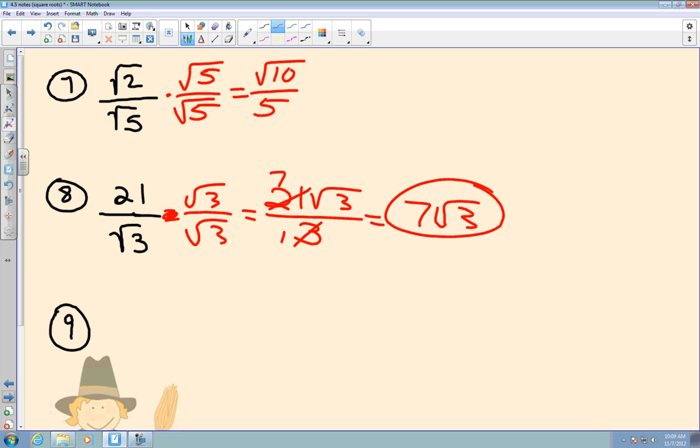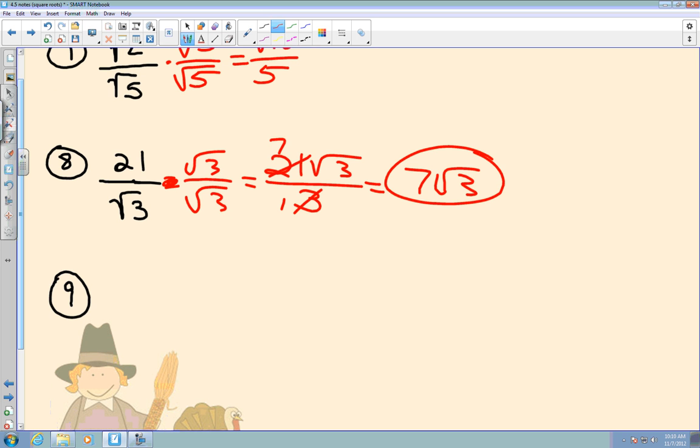So you simplify them just like you would a fraction. If they're both outside the root sign, you simplify them like a fraction. If they're both under the root sign, you simplify them just like any other fraction. You can't go between the two, okay? You either have to have both under the root sign or both outside. Okay, next one is negative 8